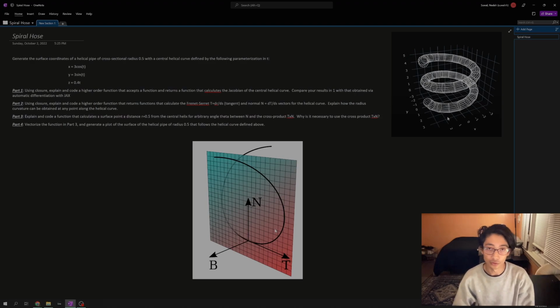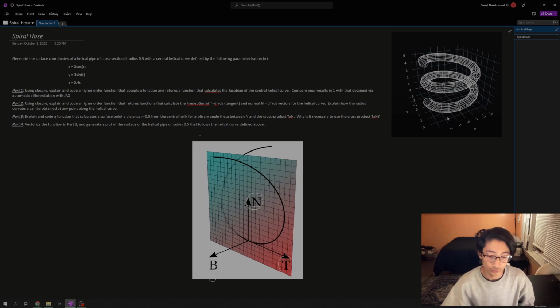Now that we've found the normal as well as the tangent vector, what's left to do is to find the binormal vector. The way to do that would be to take the cross product of the normal and the tangent vector, and that would give us the binormal vector. Once we have that, we'll need to use the normal and the binormal vectors as axes for which our cross-sectional circles will lie on the path of the